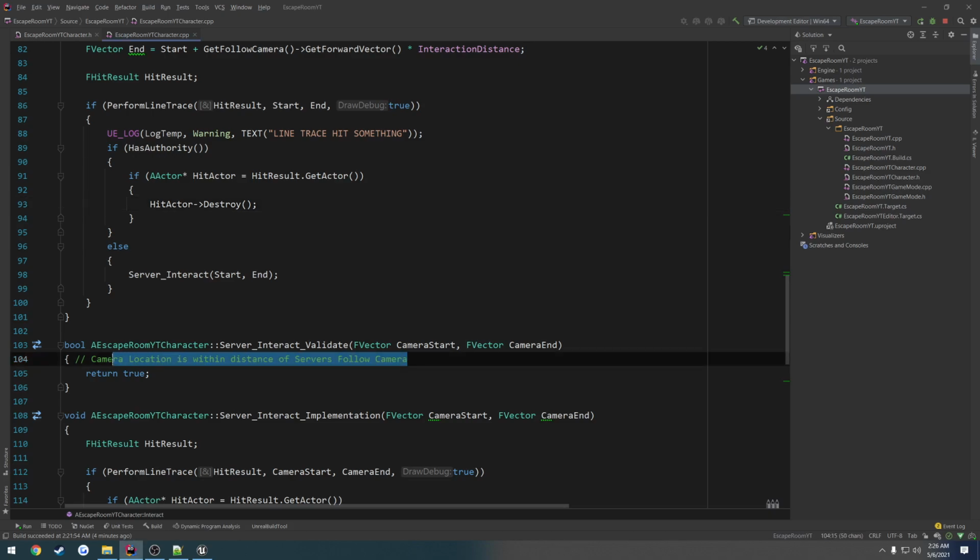In this video, I want to start with the cheat protection of our line trace. So we're going to do a basic check and see if the camera location we pass in, better yet the camera start, is within X distance of our follow camera on the server. So here we're going to check if camera start